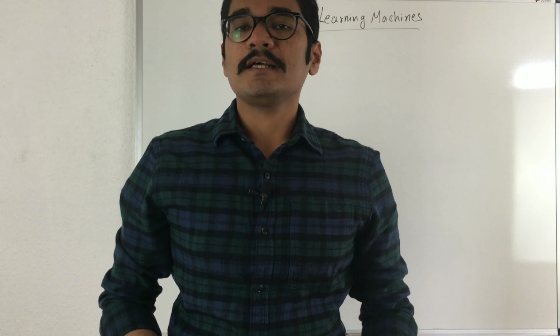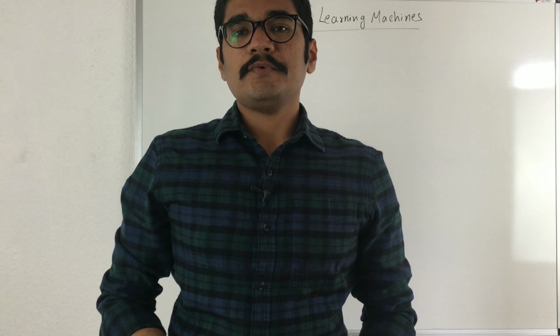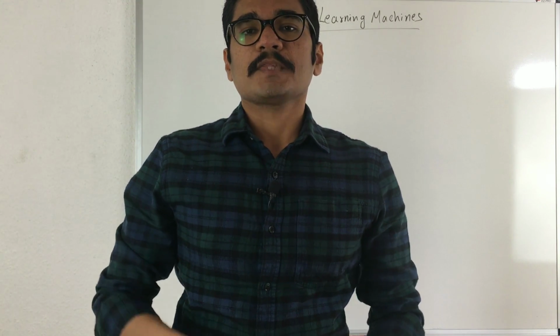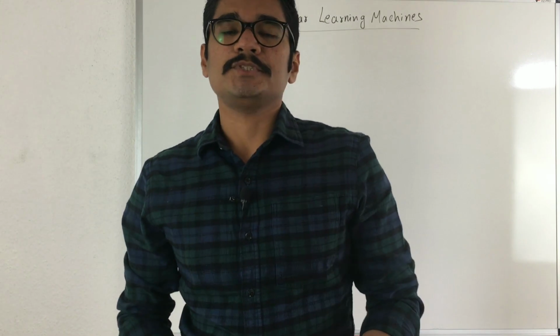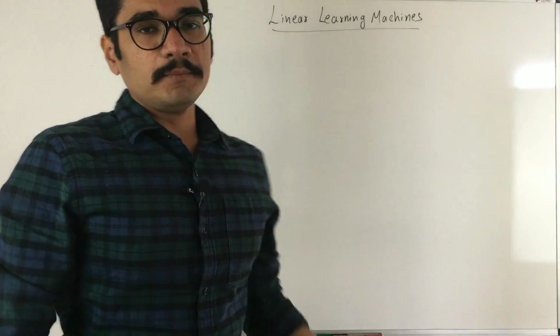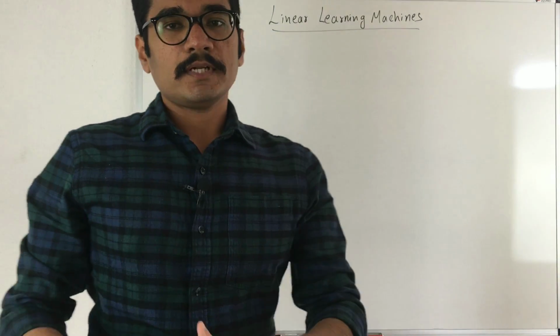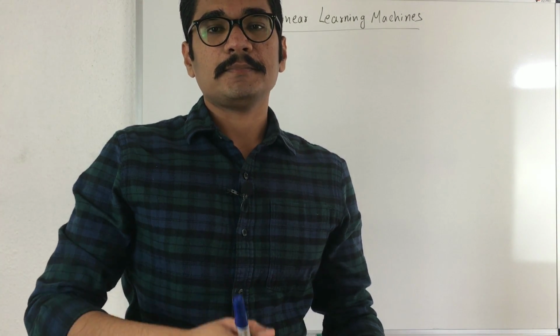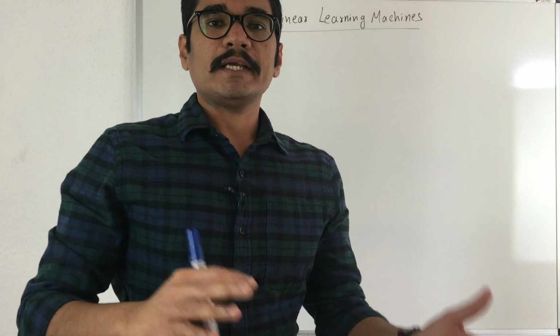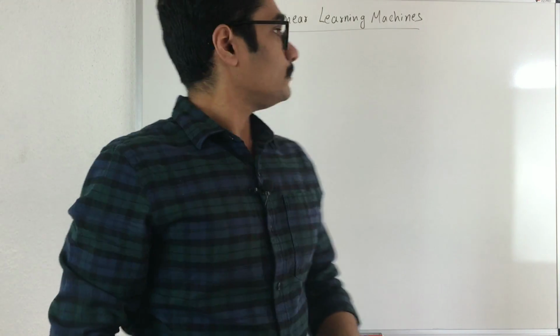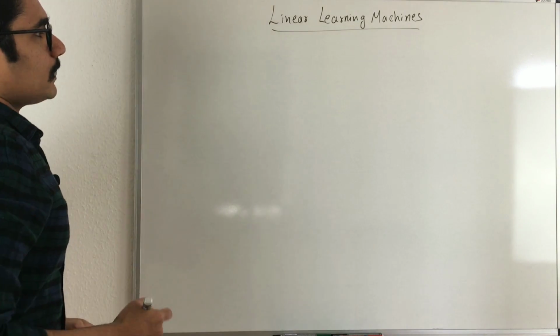So in today's video, we'll be seeing what linear learning machines are. We all know that in machine learning we have something called support vector machines, then linear regression, and many other linear classifiers. This term, linear learning machines, might be something new that you have not come across, because it is more of a generalized term for support vector machines. So we'll do a deep dive into what linear learning machines are. Let's start from the breakdown.